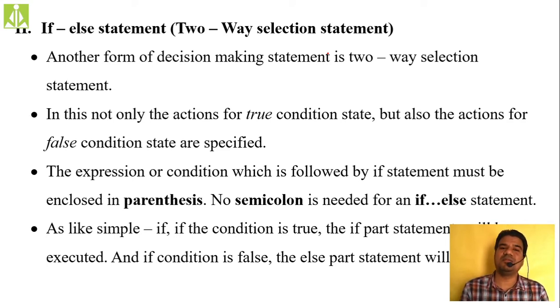Here, when I say path, it means the statements which we are giving inside the true block and inside the false block. Whenever my condition becomes true, it will select the true block for execution, and whenever my condition becomes false, it will select the false block for execution. So in either case, one of the blocks will be skipped. When the condition becomes true, the false block gets skipped, and whenever the condition becomes false, the true block gets skipped.